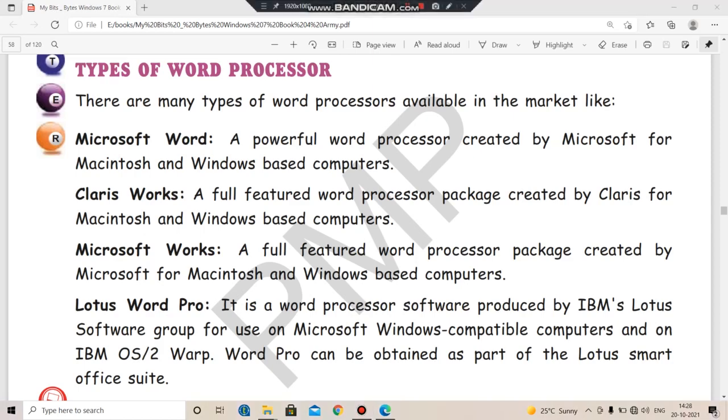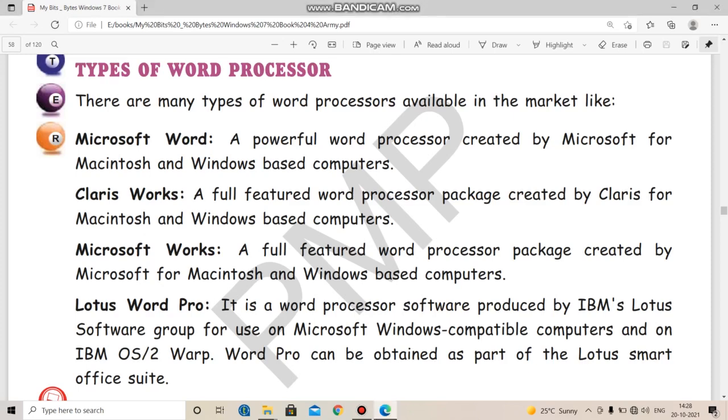The Lotus Word Pro is a word processor software produced by IBM's Lotus Software Group for use on Microsoft Windows compatible computers and on IBM OS/2 Warp. Word Pro can be obtained as part of the Lotus SmartSuite office suite.